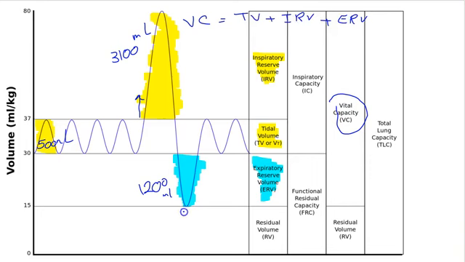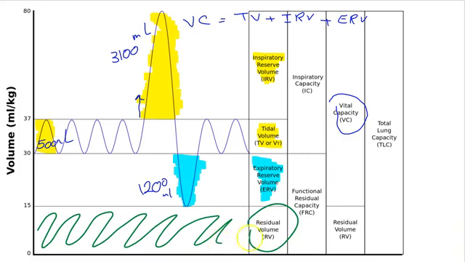Next, there is an amount of air that always stays in our lung, which is called residual volume. And residual volume is also going to be around 1200 milliliters. So if you add all of these four volumes, it means TV plus IRV plus ERV, and also the amount of air that always stays in our lung, we are going to find out the total